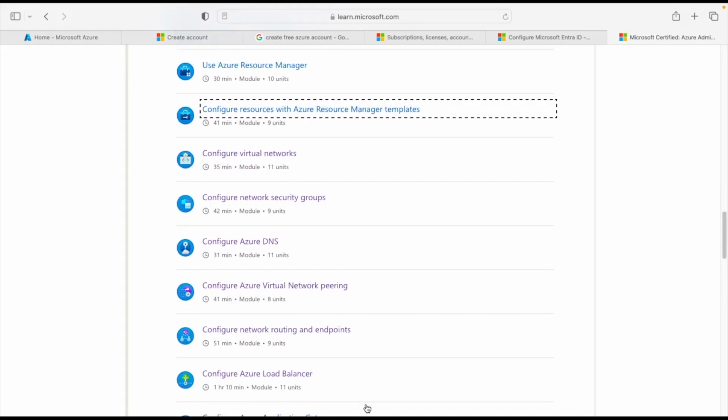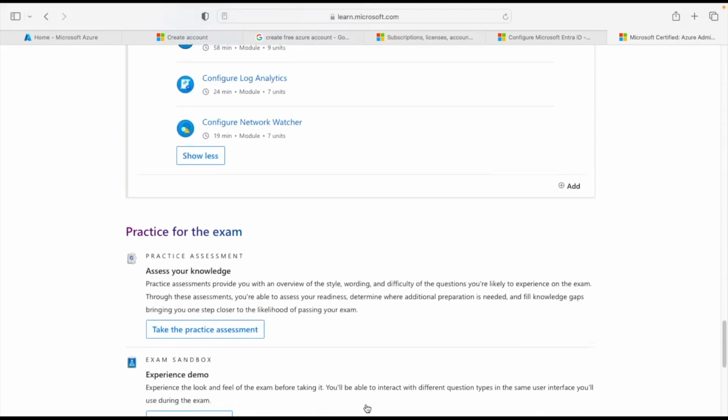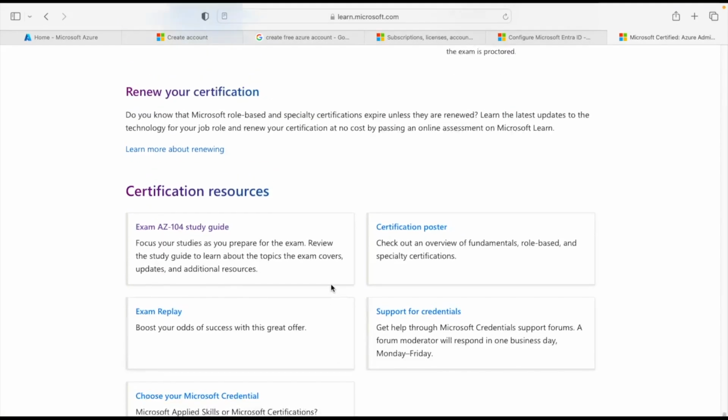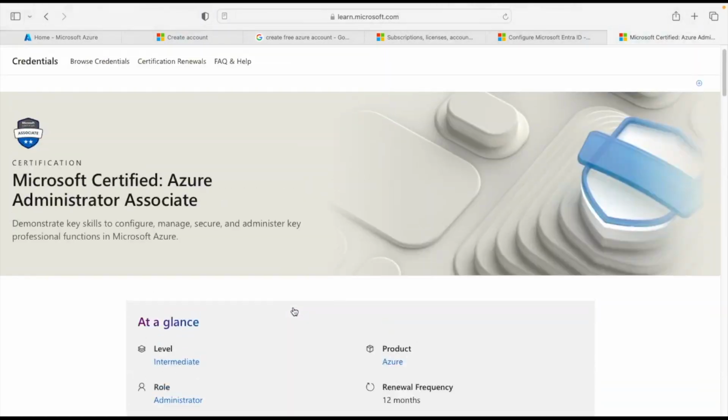And it also has additional links of Microsoft documentation which can give you more enhanced idea about each of the topic. And we are also going to take the help of Microsoft Docs during the sessions. Now we can also see that there are a lot of certification. You can find those certification based on your roles in the certification poster. We have exam replays, and if you need some support, so there is Microsoft Support Center which can give you help related to the certifications. If you want to have access to the Microsoft training and certification and your credentials, you can log in from here. So this is all about AZ-104.